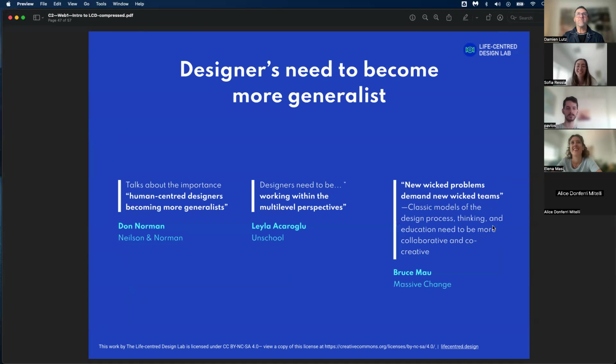And designers need to become more generalist. Don Norman's been talking about how human-centered designers need to become more generalist, because they're ready to do it, because they understand people, they've got the skills for research, etc. Layla